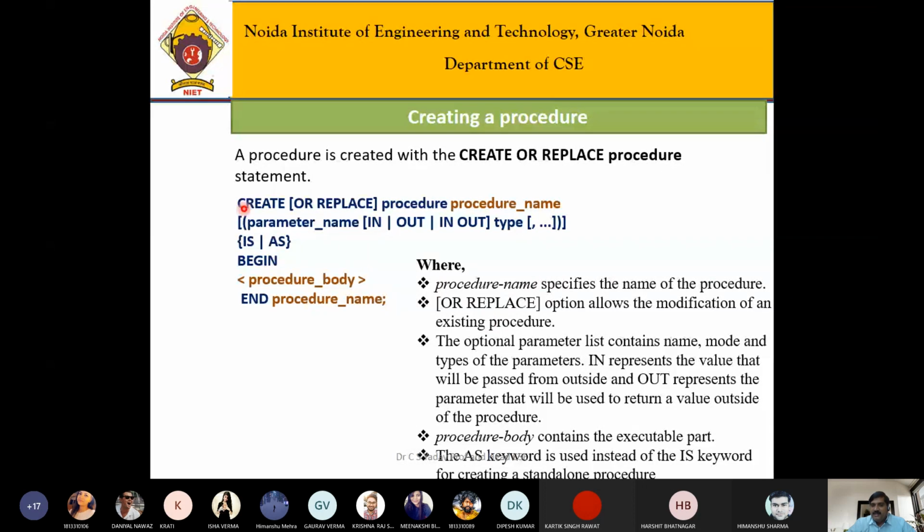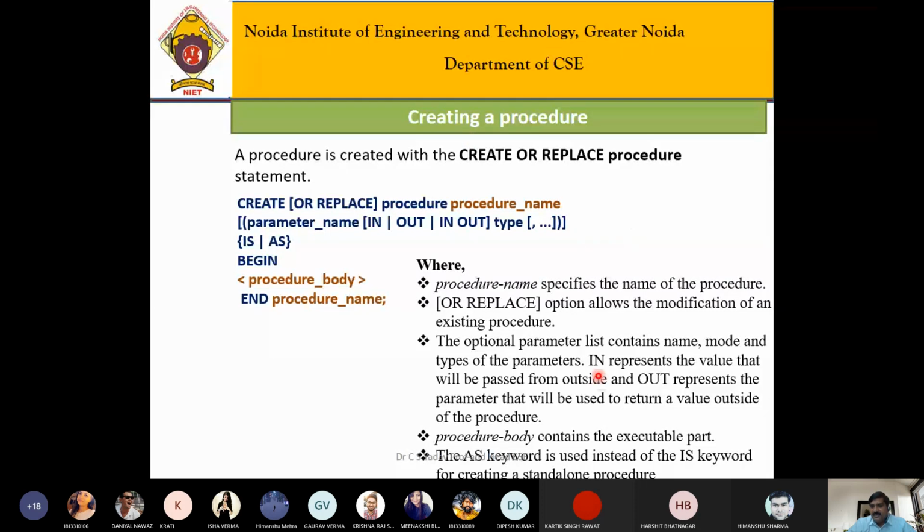So either write create procedure name or create or replace procedure name. If you want to replace the existing procedure, then you should use create or replace. If it exists, then replace, and if it does not exist, then that procedure will be created.